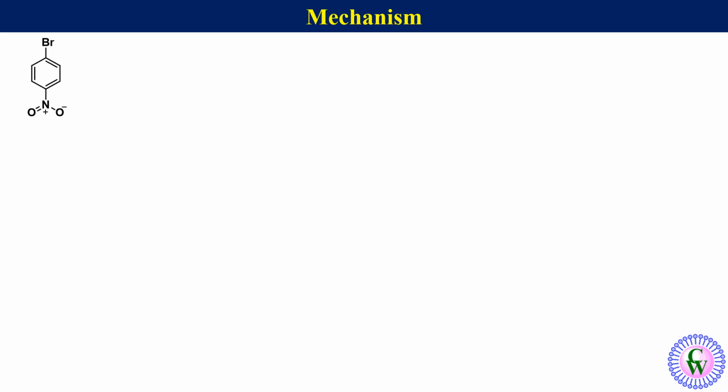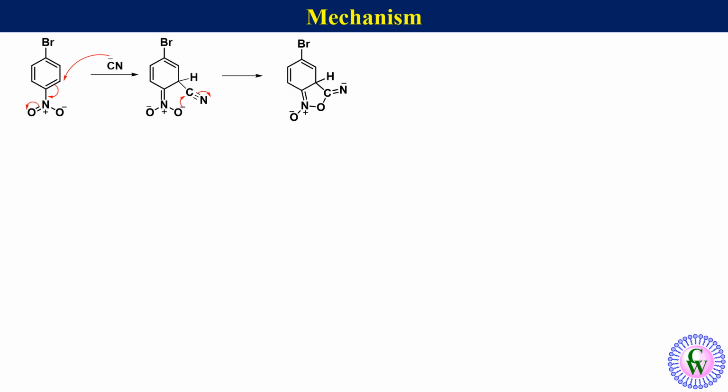Nitrobenzene derivative has electrophilic carbon ortho to nitro group. Cyanide ion attacks the carbon ortho to nitro group to produce anionic intermediate. This is followed by ring closure via nucleophilic attack on cyano group to produce an intermediate, which takes proton from